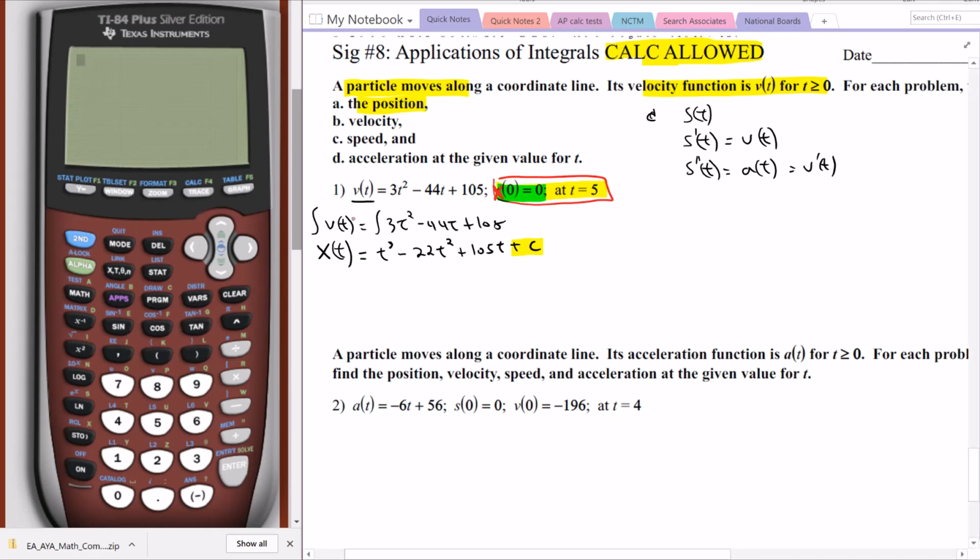So this is saying x of 0, right? Plug in 0, we're going to get 0 cubed minus 22 times 0 plus 0 plus c. Everything cancels out, and we should be getting an answer of 0. When I plug in 0, I should get 0 out. And so all these things go away, and you're left with c equals 0. So in this case, our c value is 0, and so we can write our actual position function, which is just this,